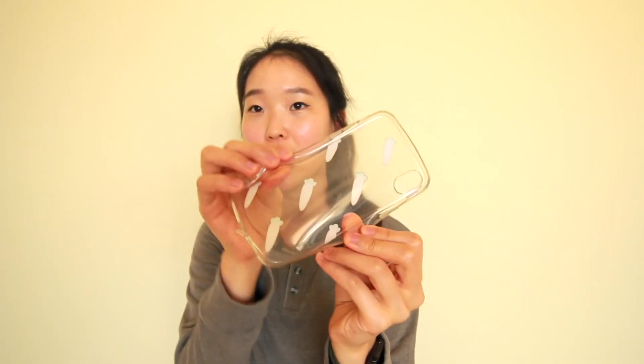As you can see, there's just a bunch of carrots. I really love carrots. And I also just really like the colors of orange and green. So I've also taken a few mirror selfies with this phone case over on my Instagram. In terms of protectiveness, it didn't really protect it because it's a nice jelly case, but it's also really slim. I do like this case on days when I want to have not as much of a protective feel,